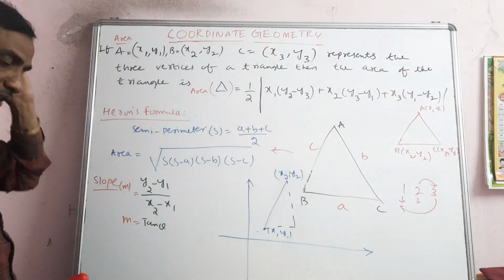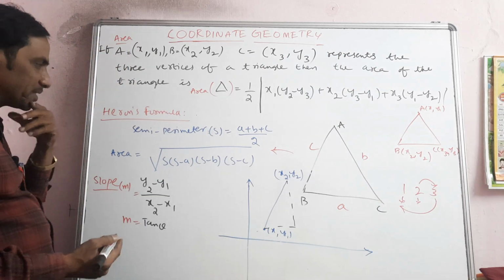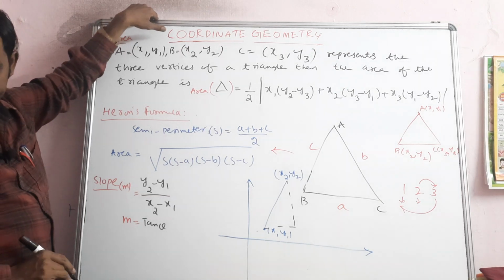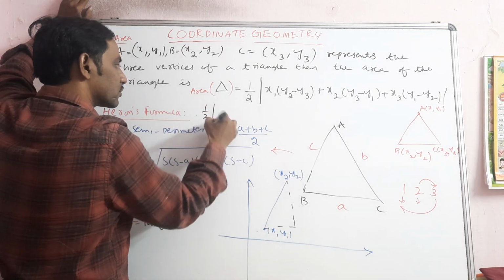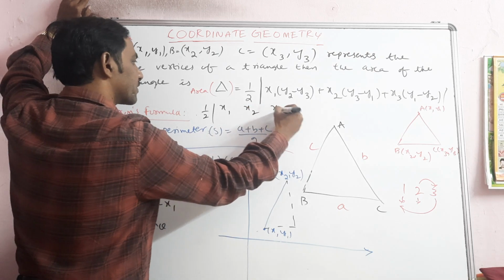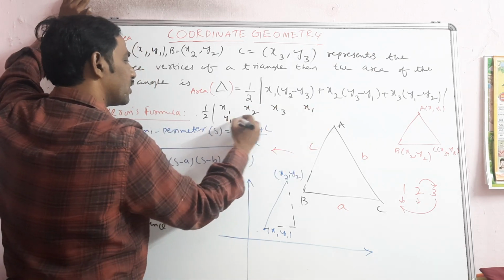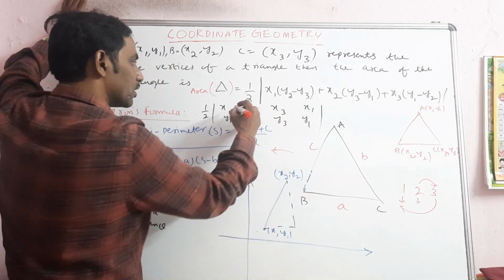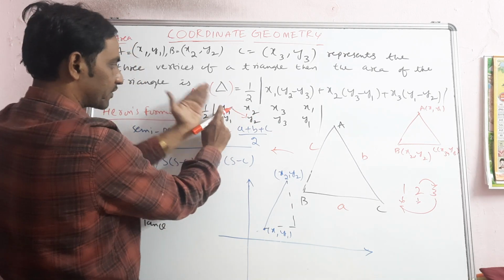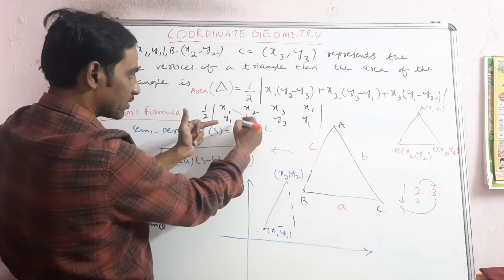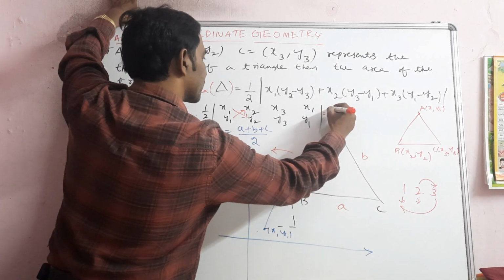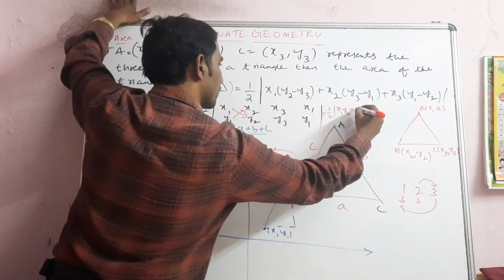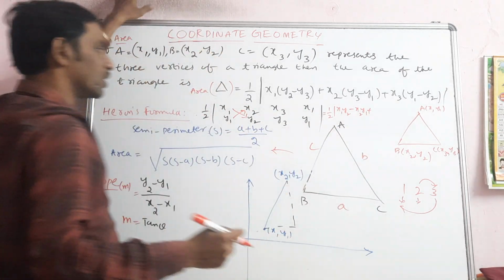That you remember. Otherwise there is another method also. Generally if you cannot remember this formula, I will tell you a trick. You write half, first you write x1 x2 x3 and then again x1 you write, y1 y2 y3 and y1 you write. Now if you want the area formula, first you have to take the left side top one and two, like this, and then this. So you will get the formula like half into x1 y2 minus x2 y1 plus,